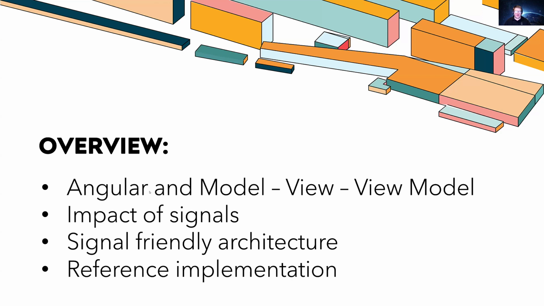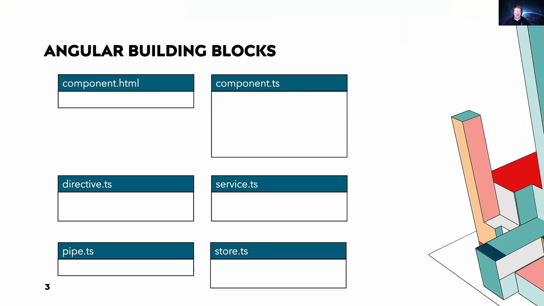So let's start with the building blocks of an Angular application. Of course, you've got your components with its HTML and TypeScript file. There's also directives, services, pipes, even stores. There are a couple others that I could have included on this slide, but these are the main building blocks that would appear in any Angular application. As for what currently goes into them, of course, your view markup goes into the HTML file. The TypeScript has quite a bit going on with access to the DOM, inputs from other components, commands coming from user interaction, usually a little bit of state, and even business logic tends to be present in most Angular components